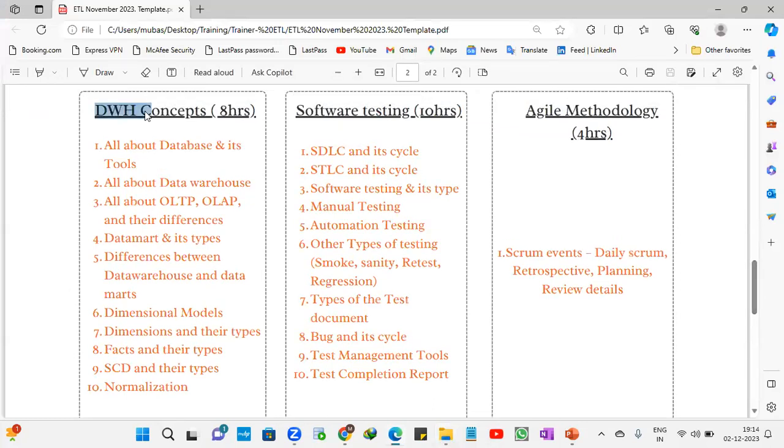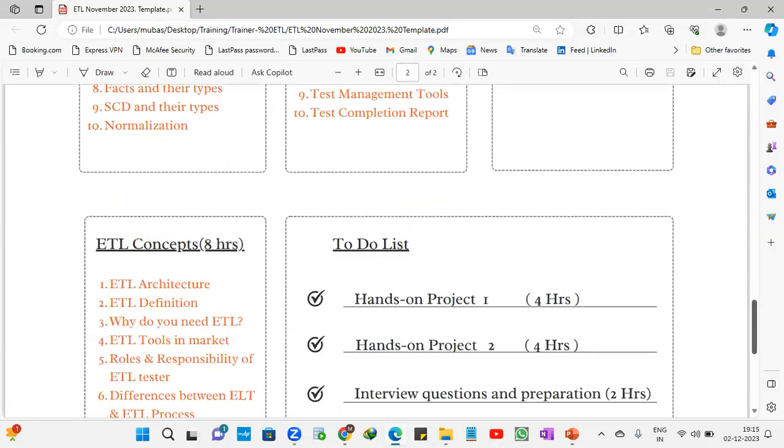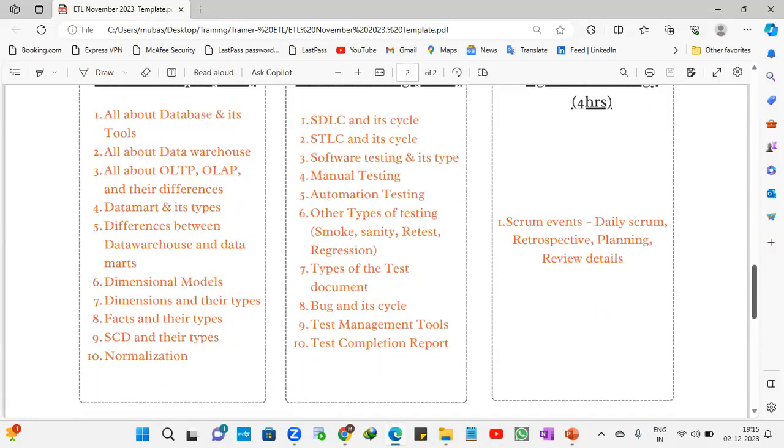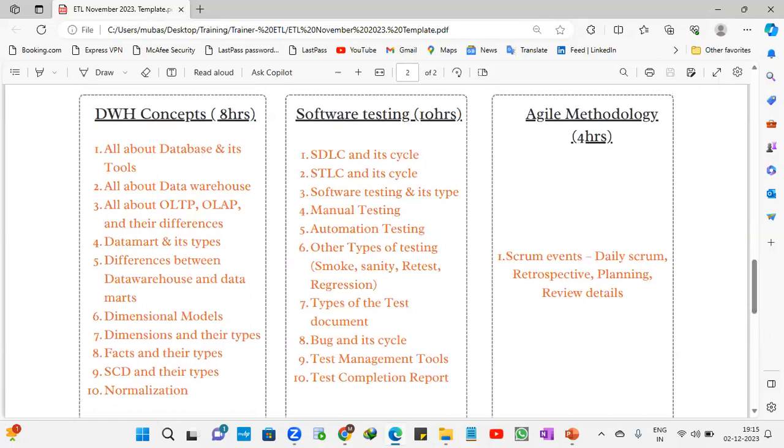See, this is the syllabus, so we'll be proceeding further in accordance with the syllabus. SCD is in point number 9, and the different data loads will also be there, so we'll be covering that. But we have to go with the flow. Otherwise the topics will be jumbled up, and those who are very new to this will find it difficult to understand the concept.